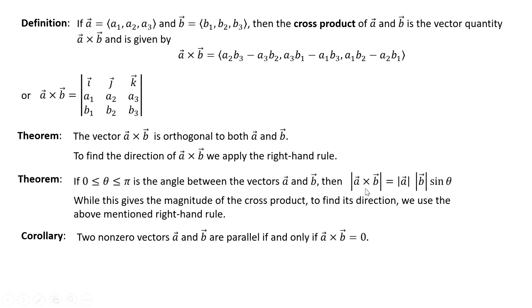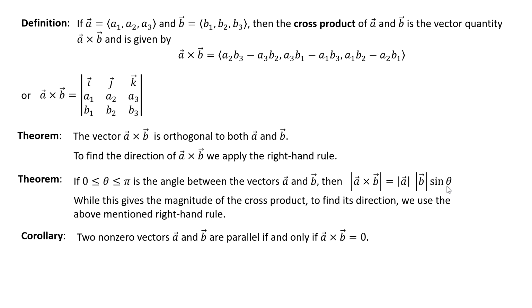Okay, what does that mean? That means either the magnitude of A is 0, or the magnitude of B is 0, or sine theta is 0. But we already said that A and B are non-zero vectors. So the magnitude of A is not equal to 0, and the magnitude of B is not equal to 0. So the only thing that must have happened is that sine theta must have been 0,